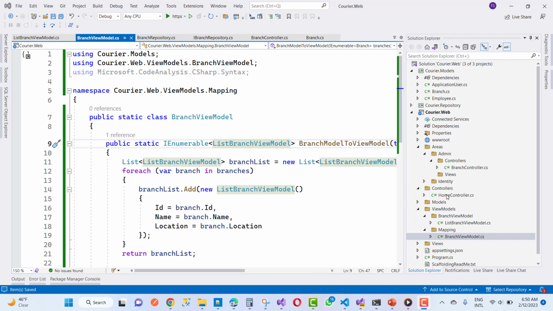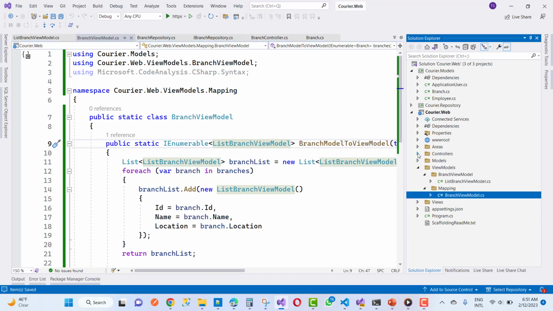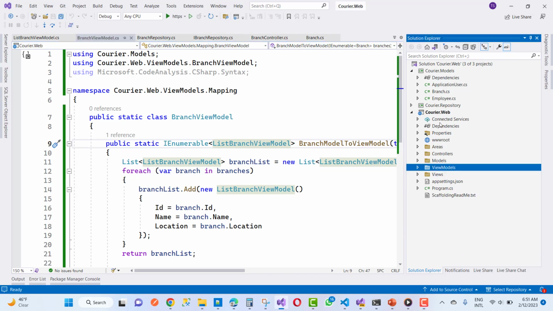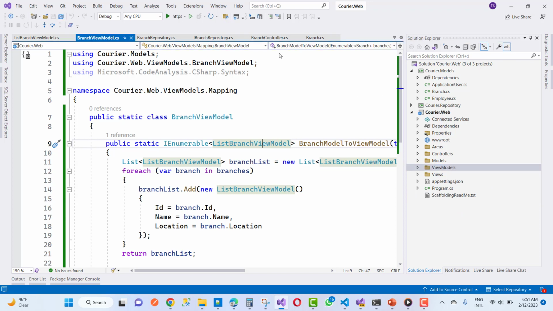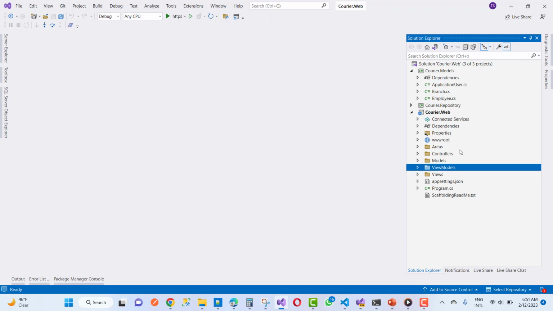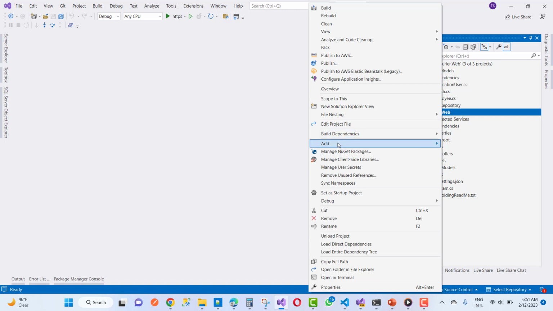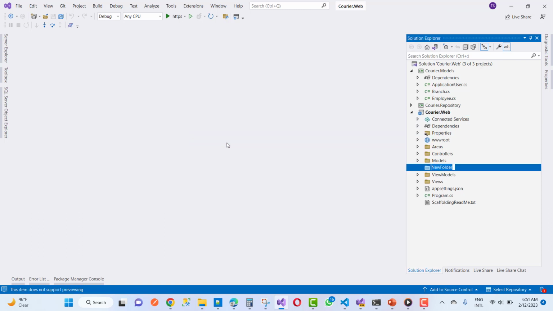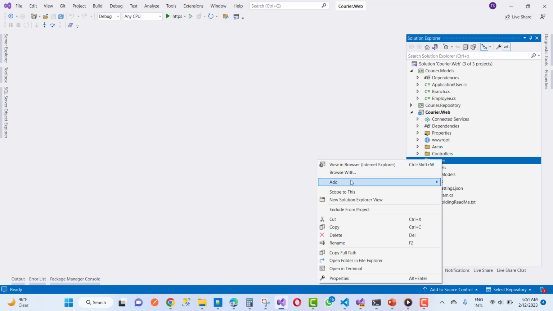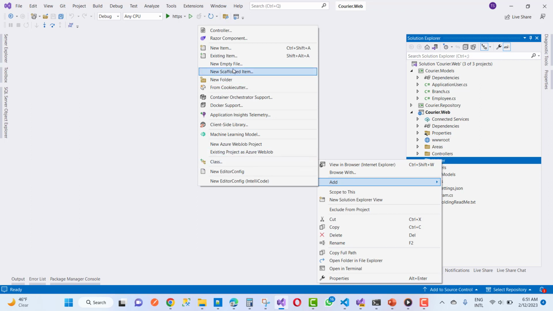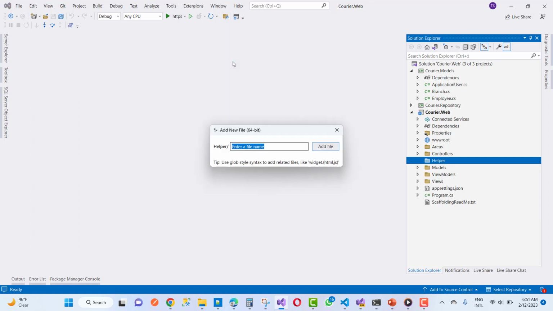Now the next topic is to implement it like that. That is the area and controller and the models and the view models. I want to add save all and close all tabs. Okay, now I want to add a new folder, that is the helper folder, and I want to add a new class, paginated list. So add a new empty file